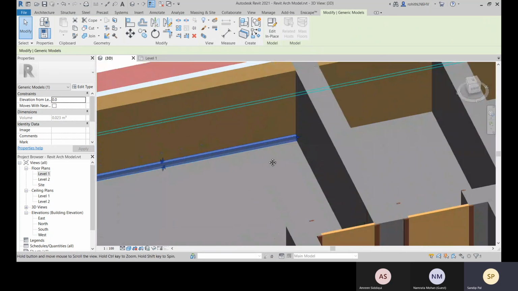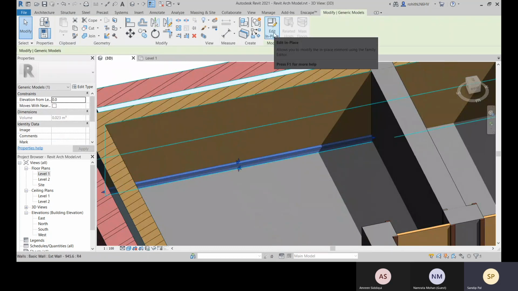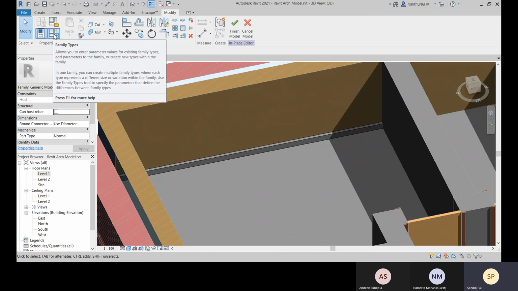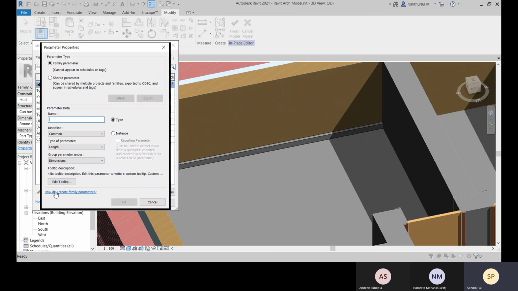Okay, so for that let's go to this. Here go to edit in place, again come to this edit in place and there you can come to this. And there you can create some new parameters.